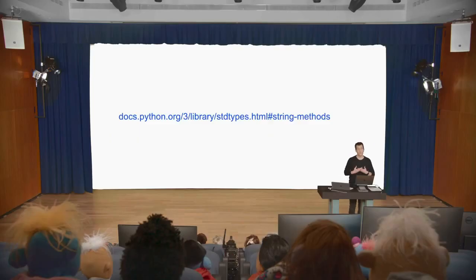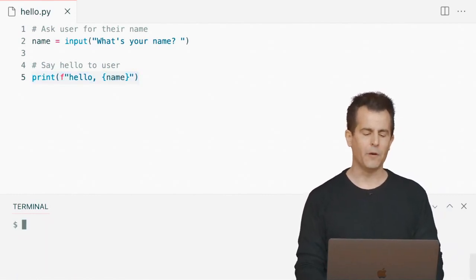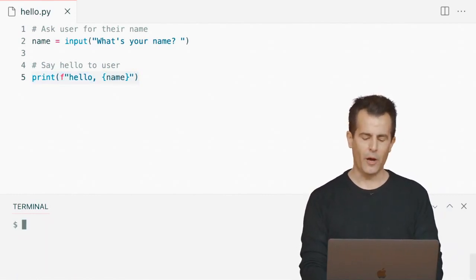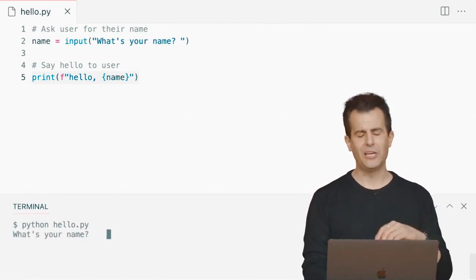The string data type that we've been talking about comes with a lot of functionality built in, which means that we can manipulate the user's input to do more than just join it with something else, like hello. We can actually clean it up or reformat it in a way that hopefully looks a little better. So let me go back to my code here, and let me just demonstrate what might happen if a user doesn't cooperate. If I run python hello.py, enter,